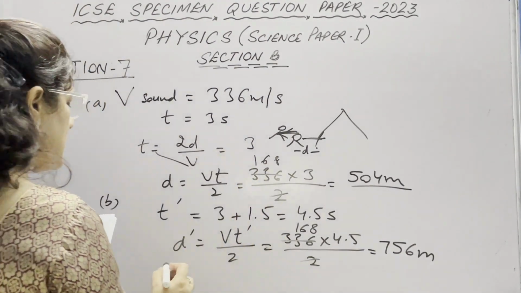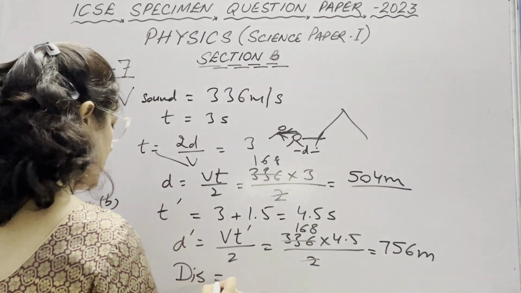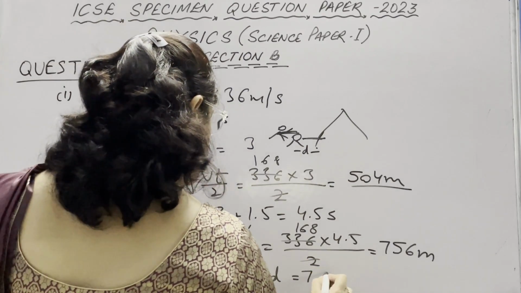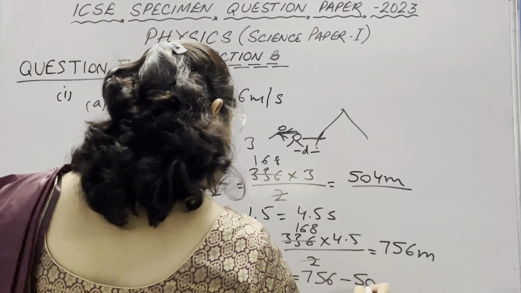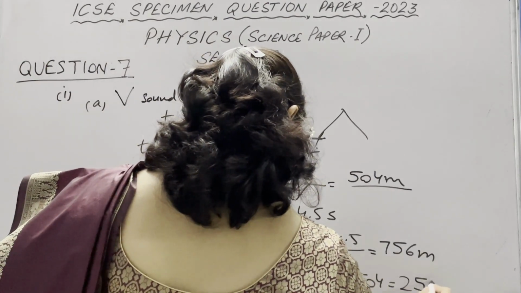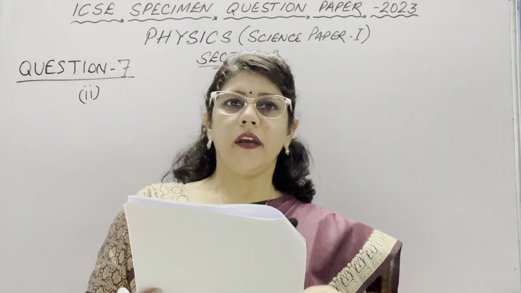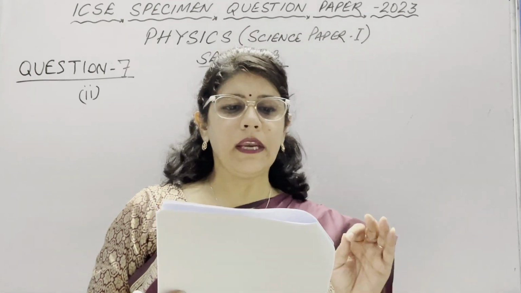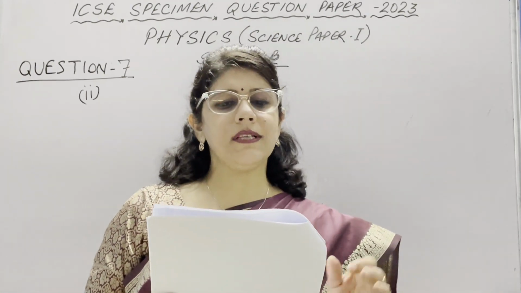The total distance moved by the person is equal to new distance minus previous distance, which is 756 minus 504. So the distance moved by the person is 252 meters. In question 7 part 2, which is from the chapter radioactivity, in A part, a radioactive nucleus X emits